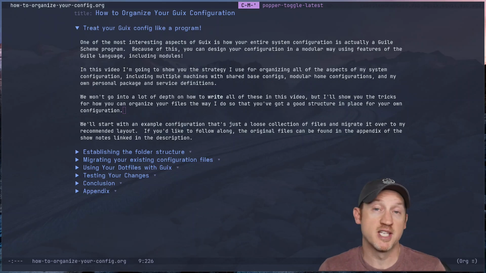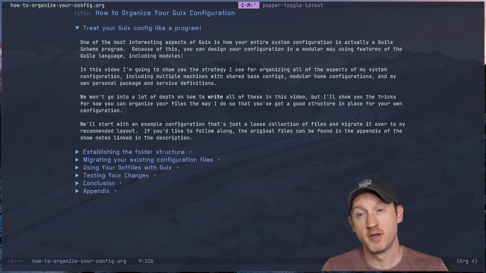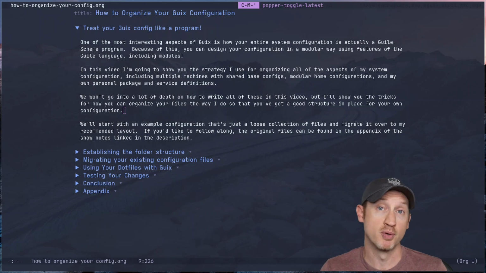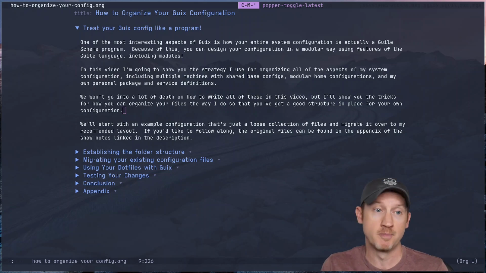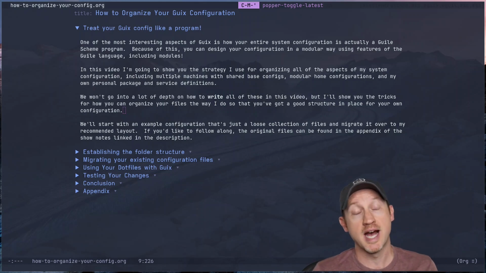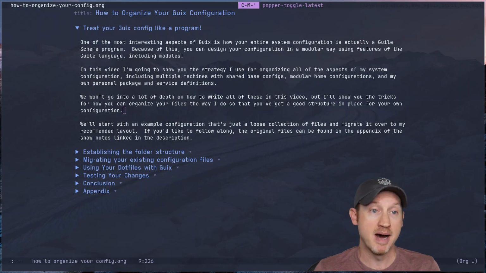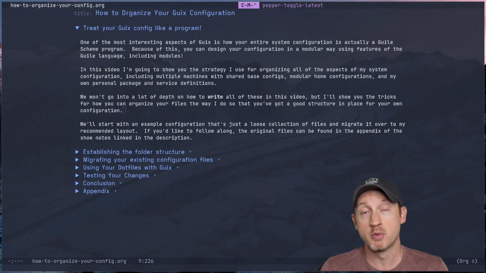One of the most interesting aspects of Guix is how your entire system configuration is actually a Guile scheme program. Because of this, you can design your configuration in a modular way using the features of the Guile language, including modules. In this video, I'm going to show you the strategy that I use for organizing all the aspects of my system configuration, including multiple machines with shared base configs, modular home configurations, and my own personal package and service